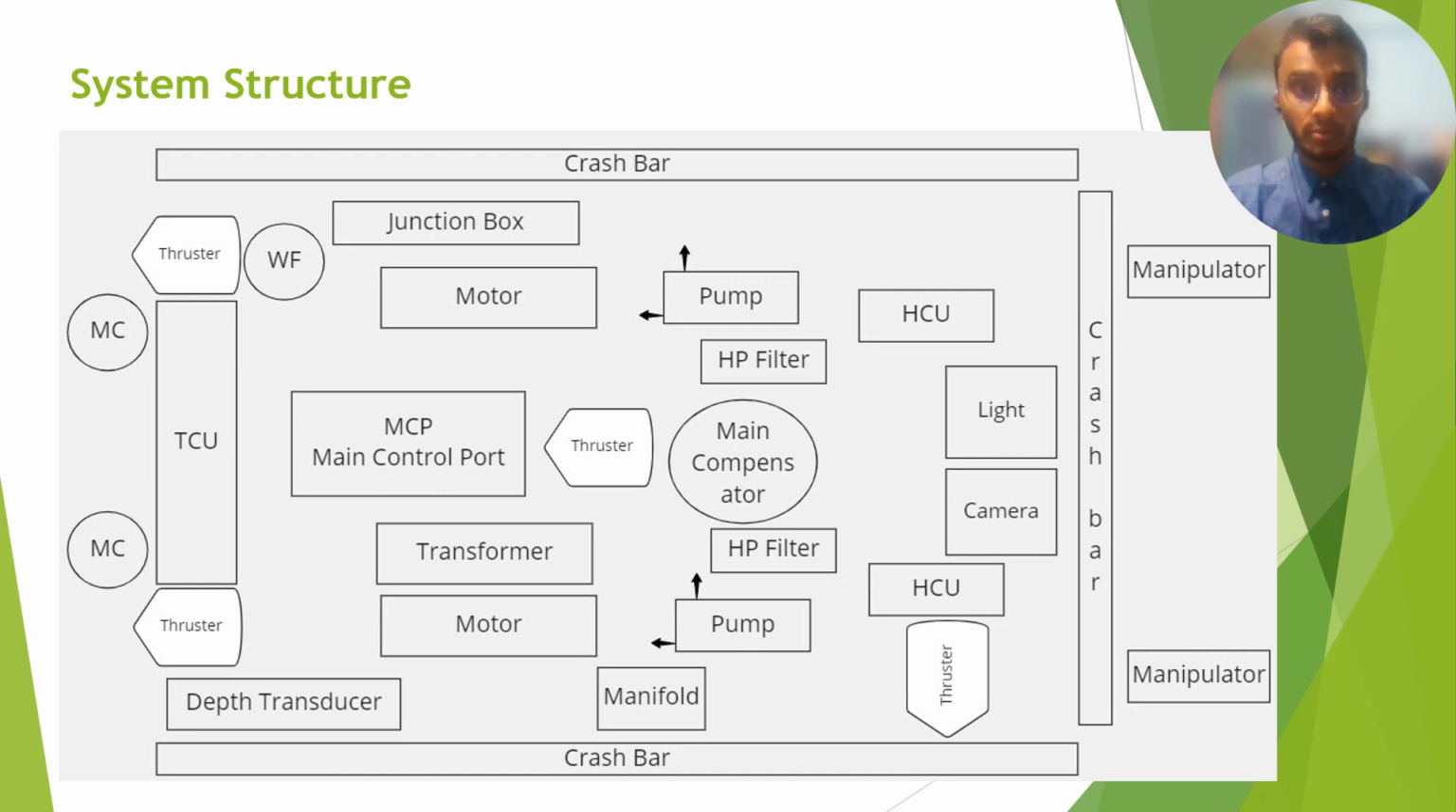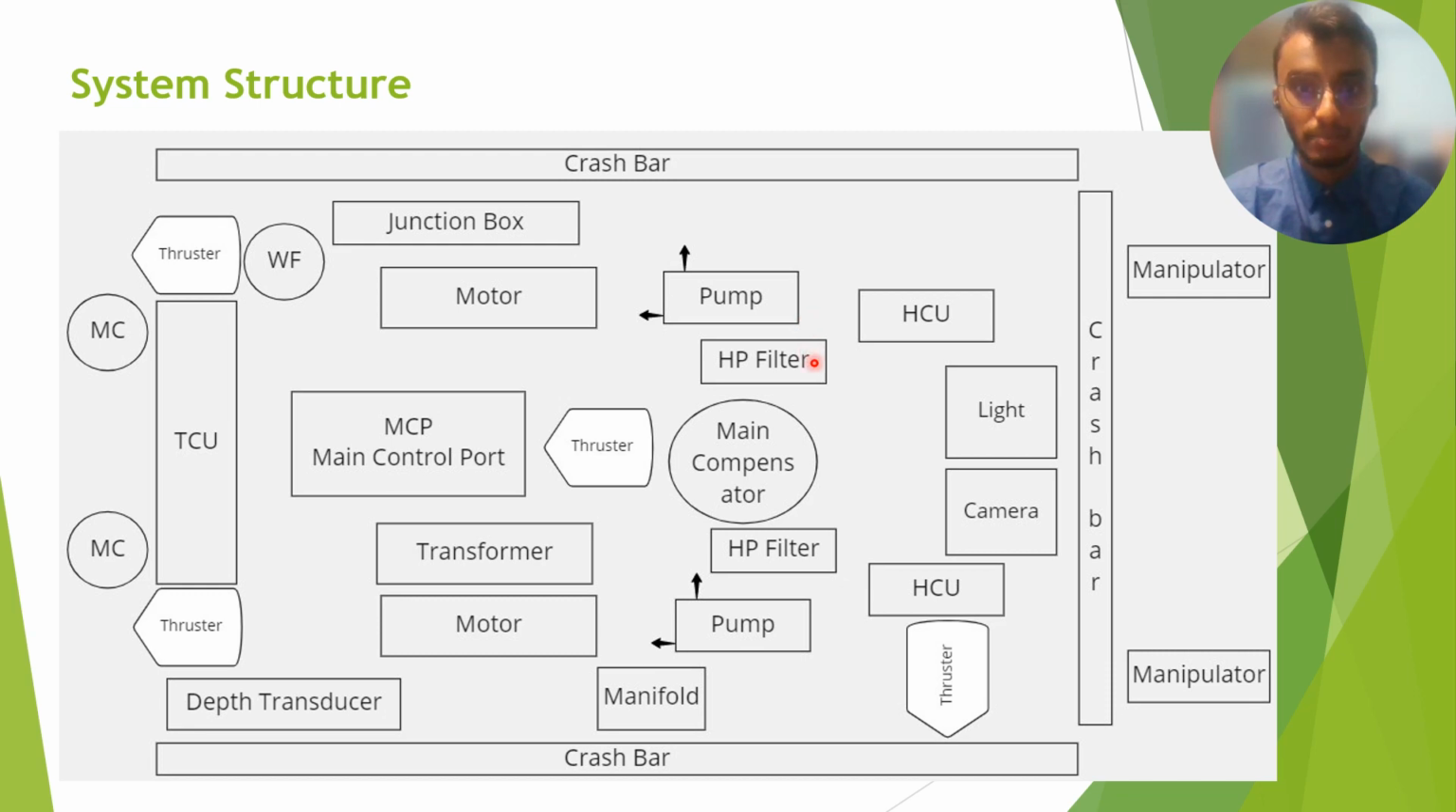Firstly, for the ROV system, as we can see, the structure system of ROV covers with the crash bar to protect the ROV if it collides with any object in front or side. The first part of the structure is the junction box, where it contains wiring and supplies power to the motor, and the motor will convert electricity to mechanical into pump, where the pump will pump in hydraulic, and some of the